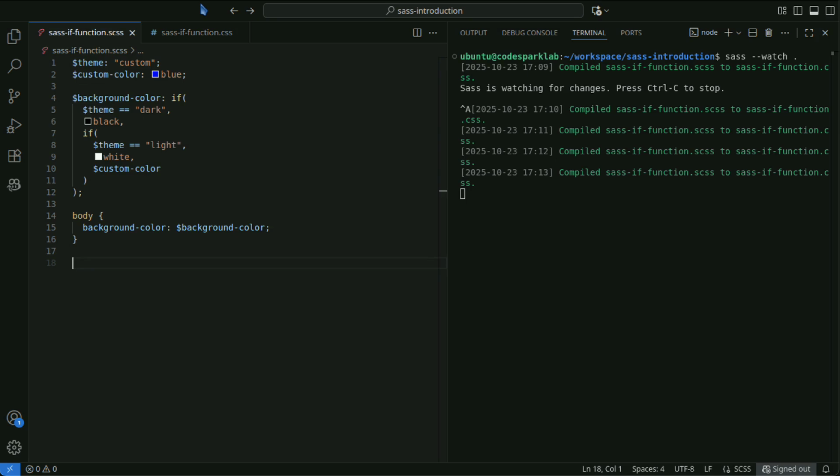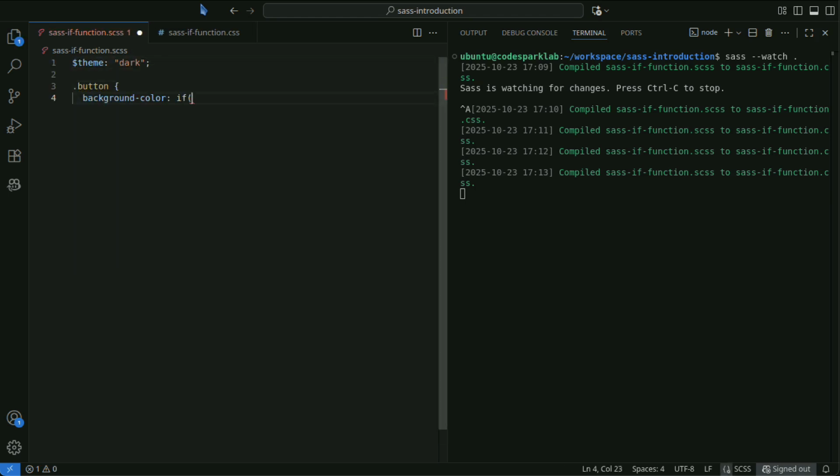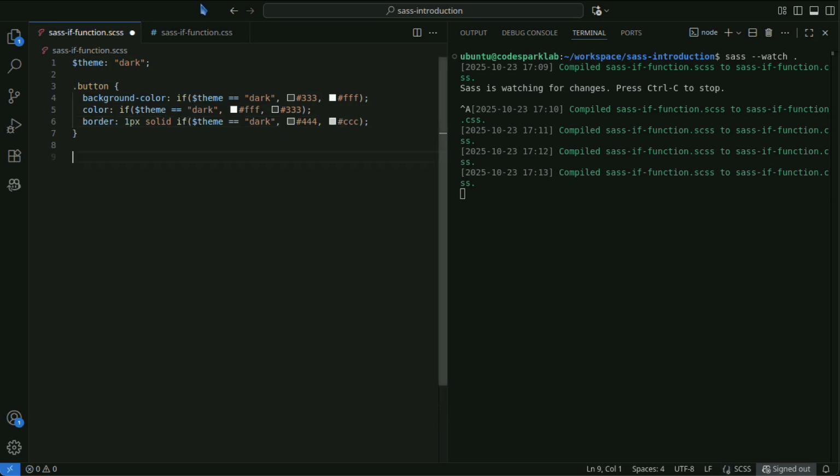Below is an example that changes button styles based on the theme. This code is a Sass conditional example that switches a button's background, text, and border colors based on the value of the $theme variable.